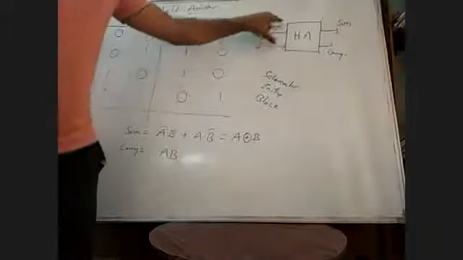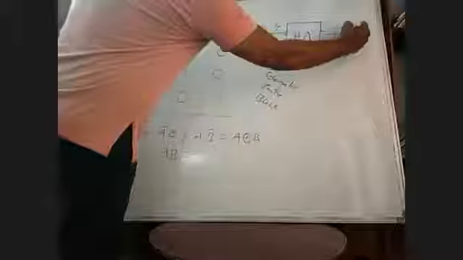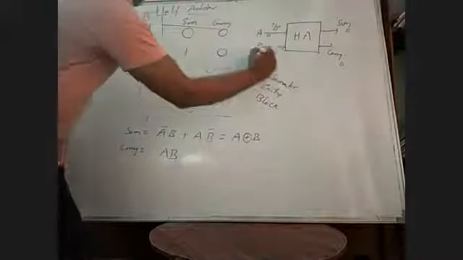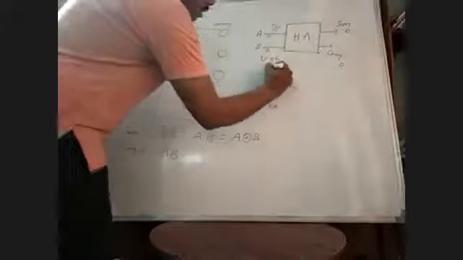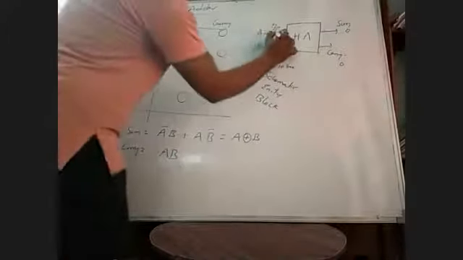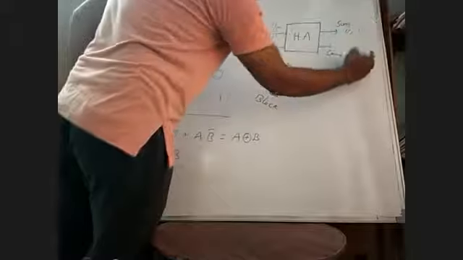Now, these are my present inputs, these are my present outputs. If you observe, when A equals 0 and B equals 0, the sum equals 0 and carry equals 0. At time T equals 0 seconds we apply these inputs. Similarly, after T equals 10 seconds, I have modified the value of A as 1 and B as 0, and my output is changed to 1, 0.